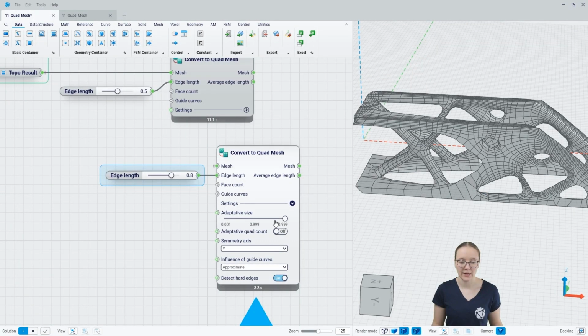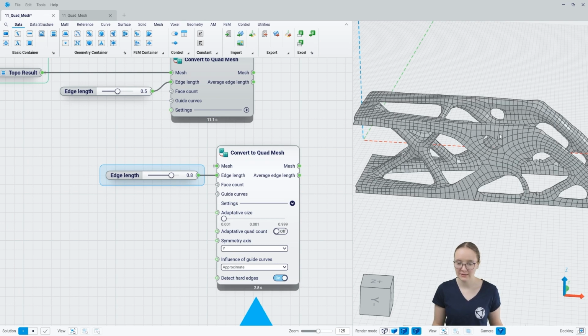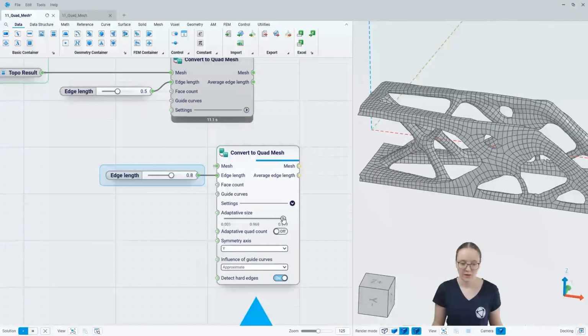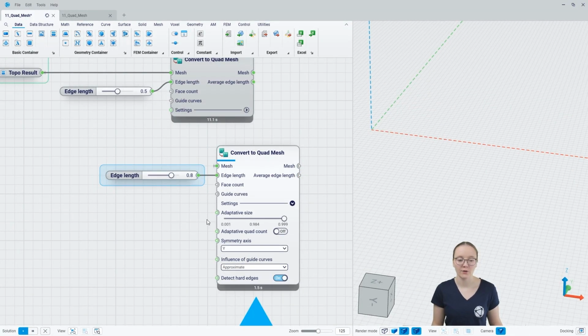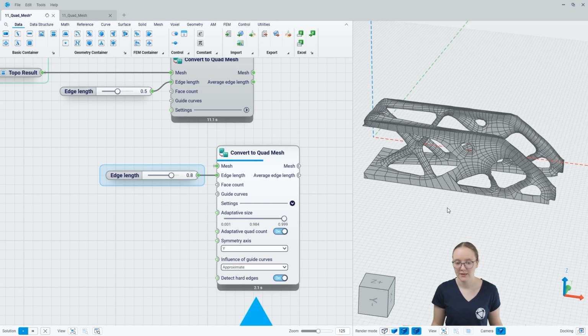That's because we allow the face size to adapt to the curvature of the geometry. We can change that and dictate the same size for all cells like this. And also, when we allow the adaptation of the face size to the curvature, we can also allow the quad count to adapt to get an ideal